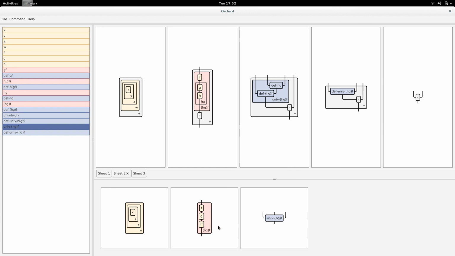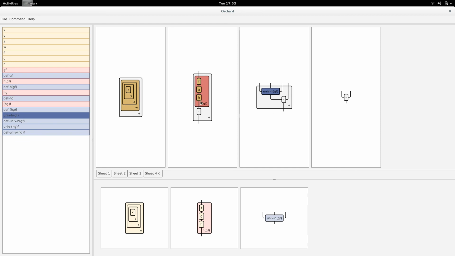So why is that good? Well, remember, universal cells are like witnessing that this cell is a composite of this. So we defined our two associative things in two different ways, first by composing one and first by composing the other. But by composing their universal cells, we're able to show that both of those cells, HG and F, and the other HG and F, sorry, it's hard to say that, are universal for this other pasting diagram, the one with just 3 arrows. And when you have two cells which are universal for the same pasting diagram, you can always get a cell in between them. So what I'm going to do is open this univ cell here, and now